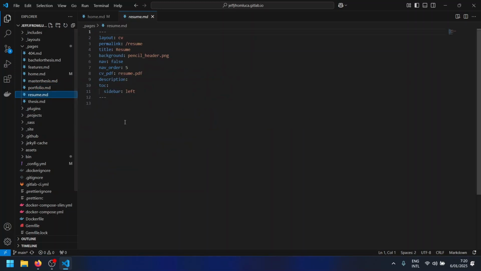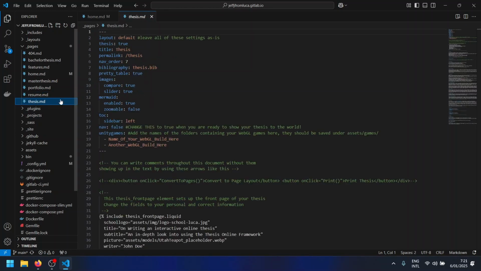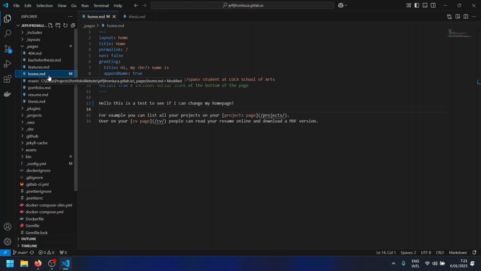We have the resume page, which doesn't really have any content right here. It just needs to exist here, and we will show you how to change that as well. And then we have the thesis page. Some of these pages or page names might be different in your version because I still need to update some stuff, but yeah. So we changed our homepage and we are ready to upload a new version of our website